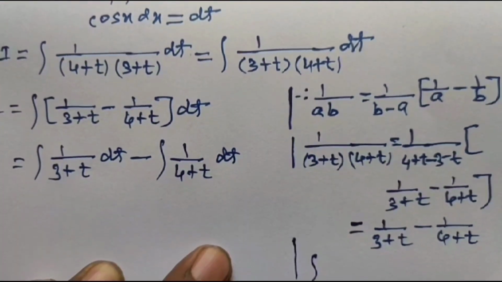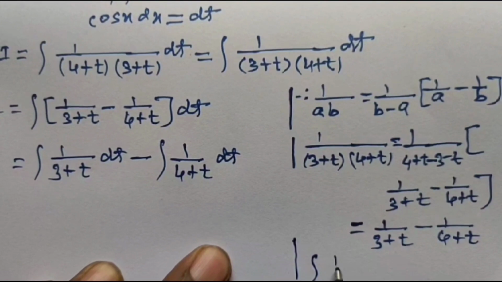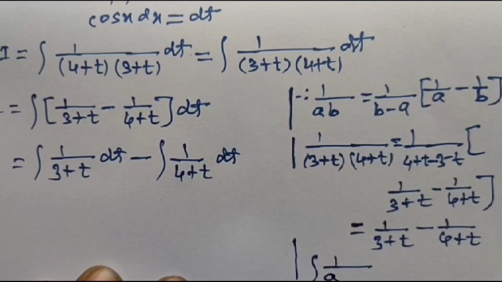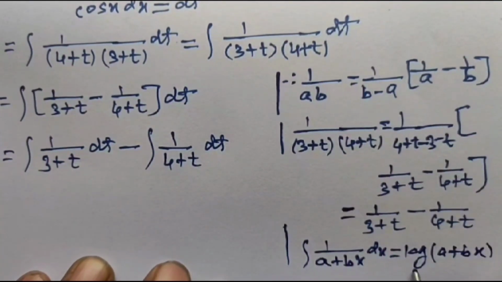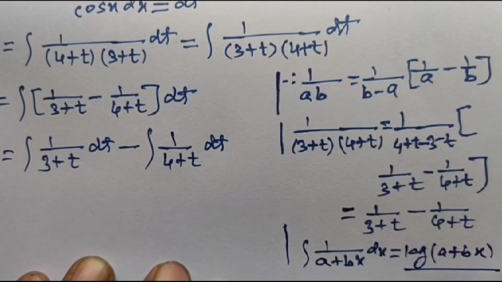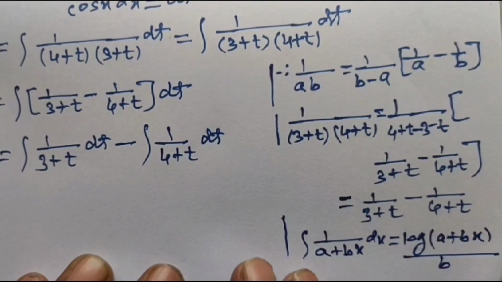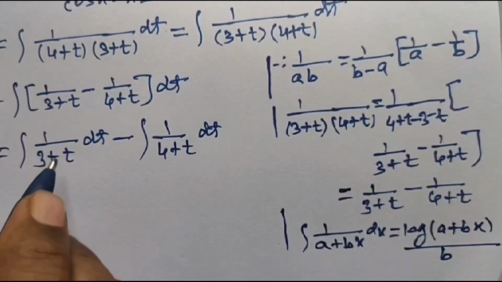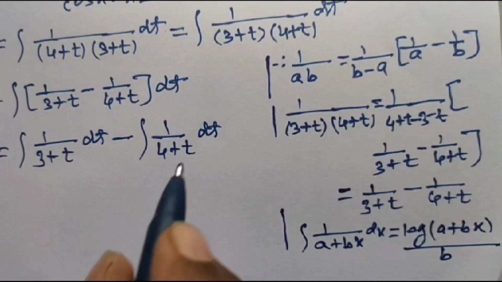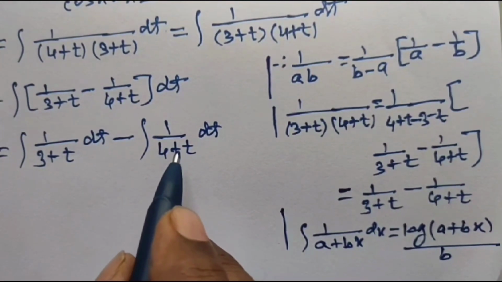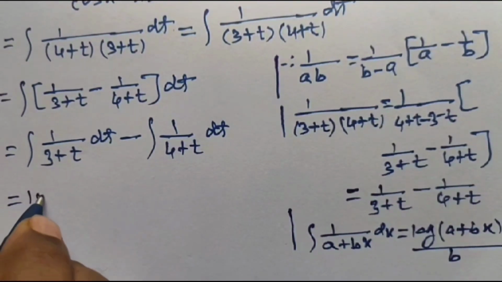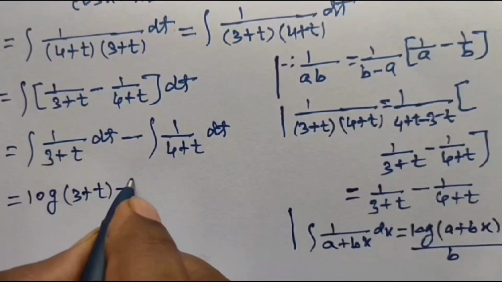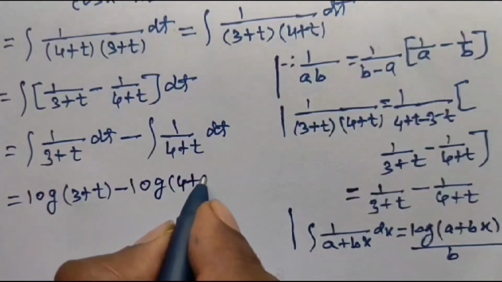And now we know the integral formula: integral of 1 upon a plus bx with respect to x is equal to logarithm of a plus bx divided by the derivative of a plus bx with respect to x, that is b. You know this formula, apply here. The derivative of 3 plus t is 1 with respect to t, and the derivative of 4 plus t with respect to t is also 1. So I is equal to logarithm of 3 plus t minus logarithm of 4 plus t